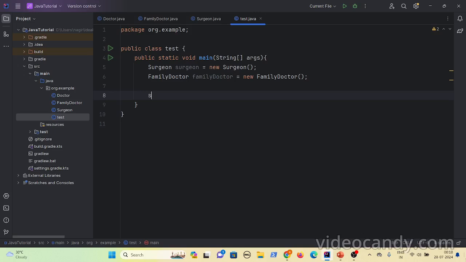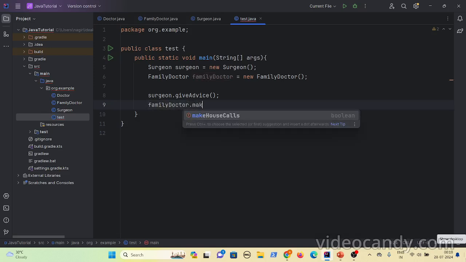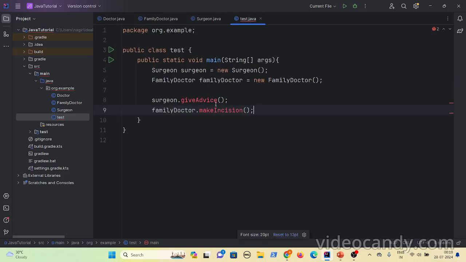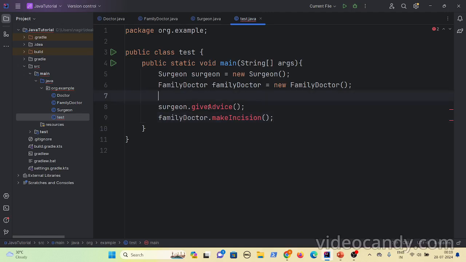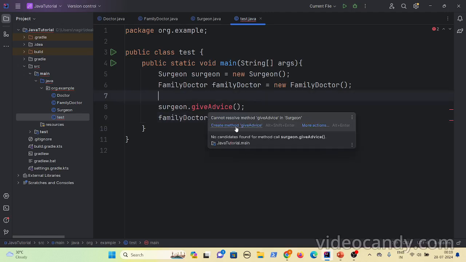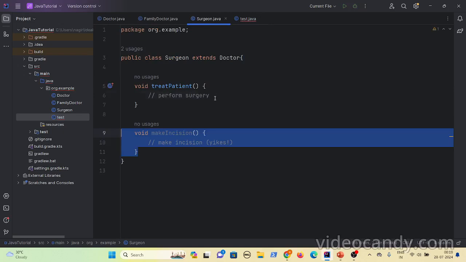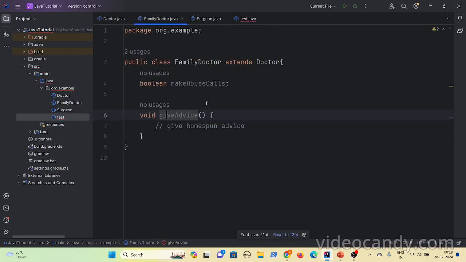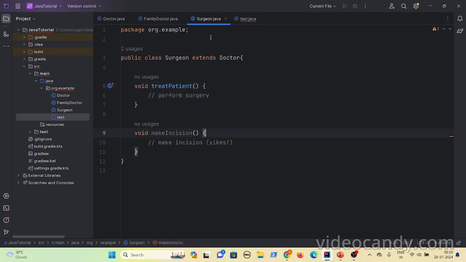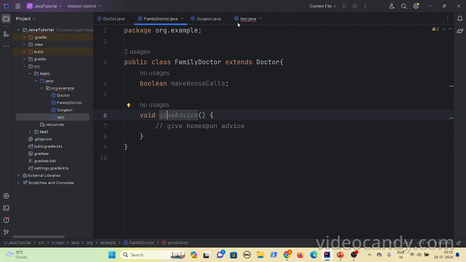Now when I invoke give advice on surgeon, and when I invoke make incision on family doctor, the compiler is giving an error because this method is not present here. Give advice cannot be resolved because give advice is present in the family doctor, not in the surgeon, and make incision is present in the surgeon, not in the family doctor. These two are siblings.